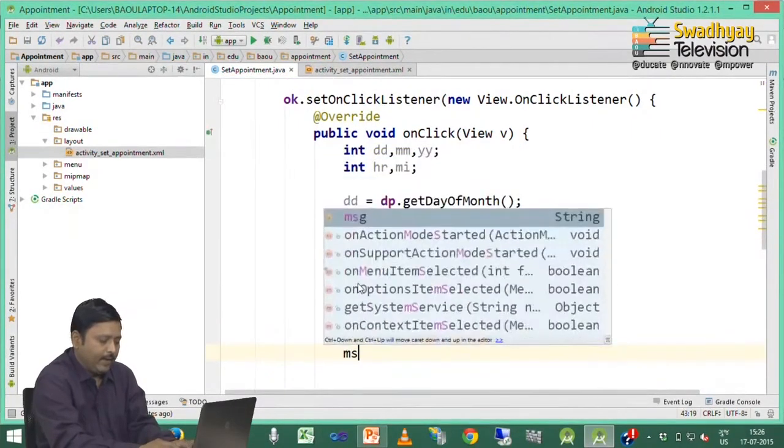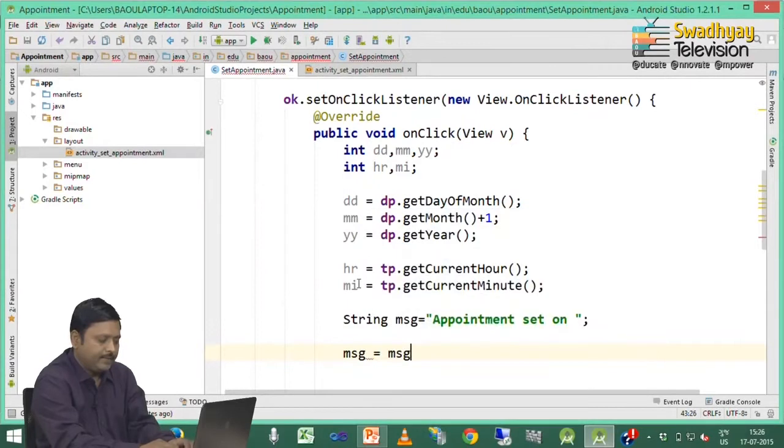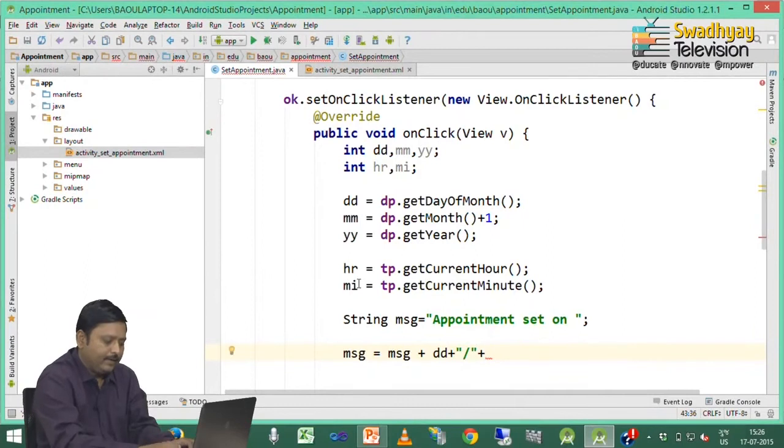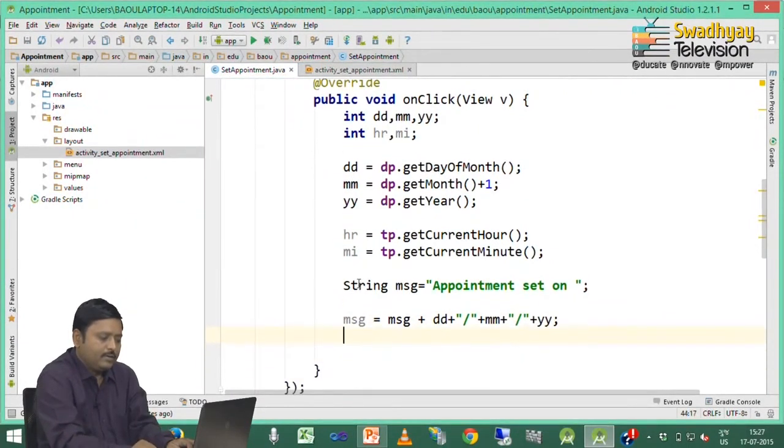Here I write down MSG is equal to MSG plus dd which is our day, then separator, then month, then again separator and then year.